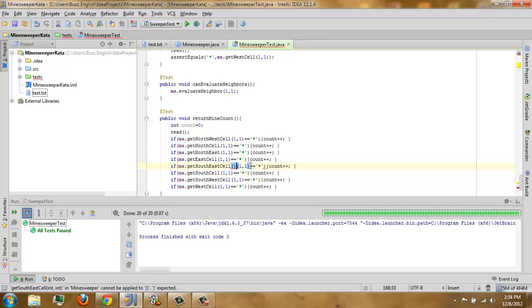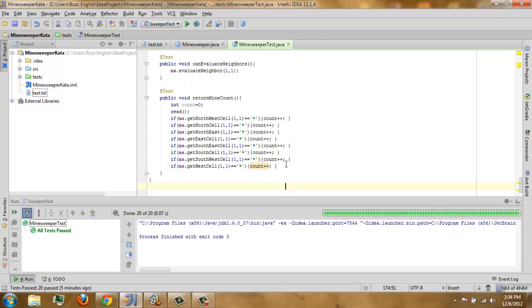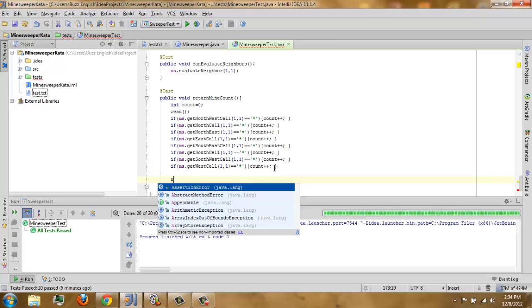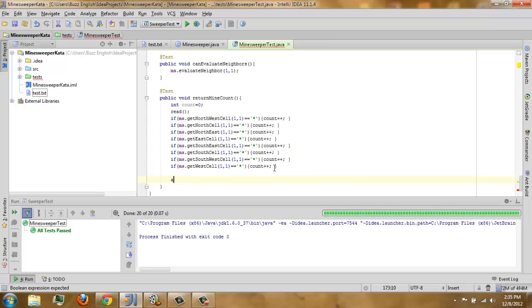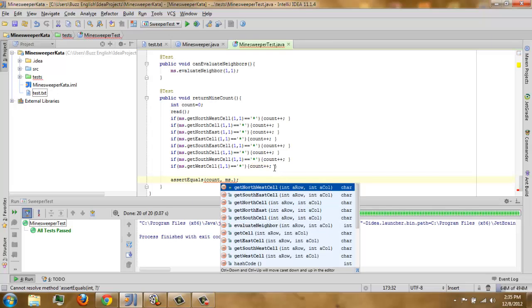We're going to assert that our count in our void return mine count will be equal to ms.evaluateNeighbor. So let's assert. Just assertEquals, the count and the sweeper's evaluate neighbors.